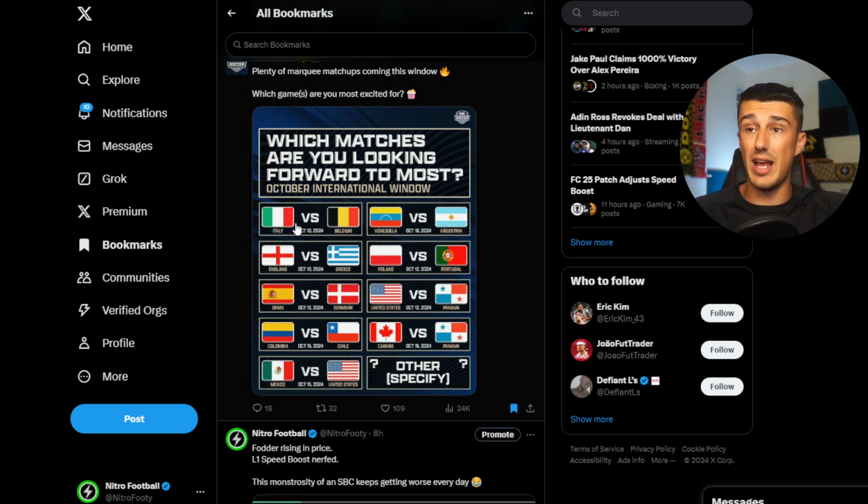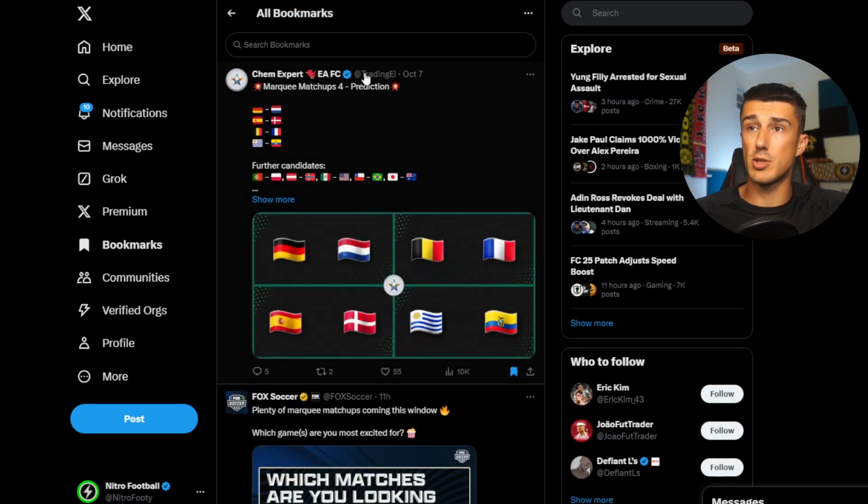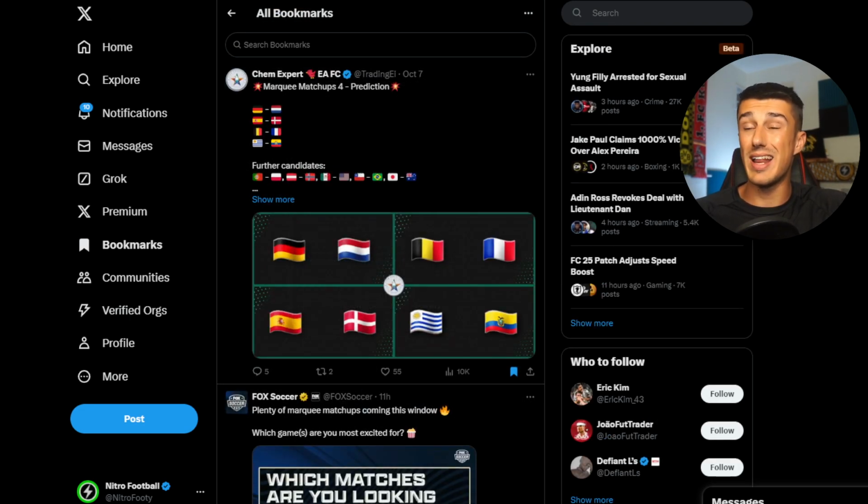And so we've got ourselves Italy, Belgium. That's a big one. Spain, Denmark, I think could get in. You've also got USA versus Mexico. That's, I mean, one of the biggest rivalries in terms of national teams, I think. So that's up there. And then you've also got some predictions from Chem Expert on Twitter,